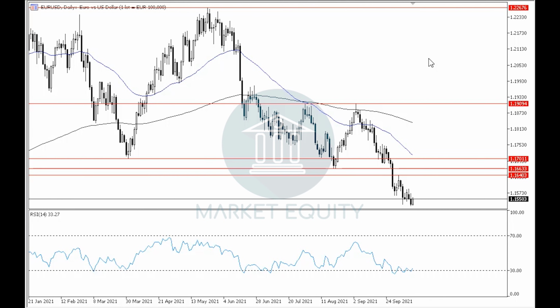Let's begin with the euro versus the US dollar, where in the previous videos we said that in the daily time frame it is moving in a downtrend. However, if we notice the most recent movement upon the rebounding downwards off of around level 1.1640, we can see that it is not as strong as the previous downwards movement, which gives us a sign that there might be